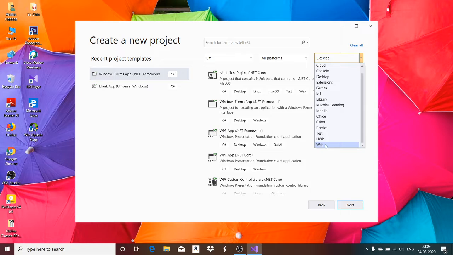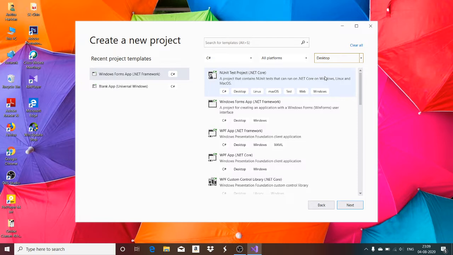If you want a web-based application, you can select web, or any other kind of Internet of Things, machine learning, or extensions you are going to develop, or if you want a mobile application, all those things can be selected here. So I choose desktop, and I'm going to select the .NET environment, Windows Forms app. I choose this and go to next.